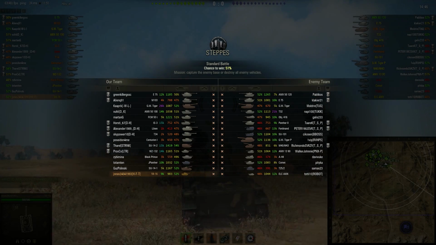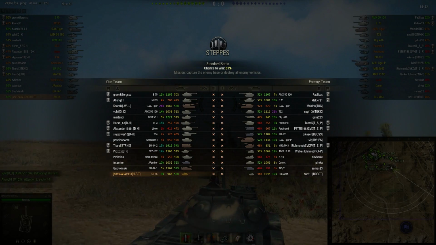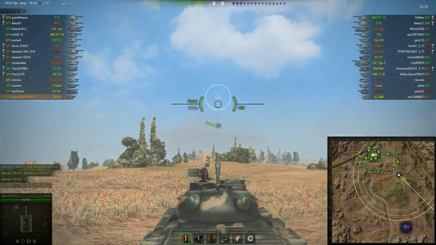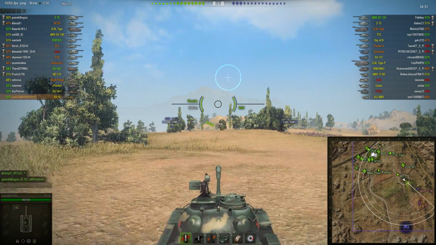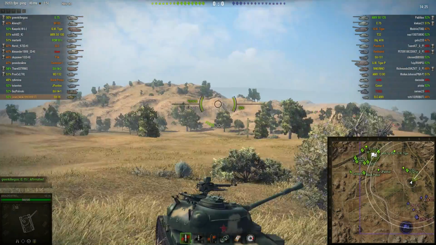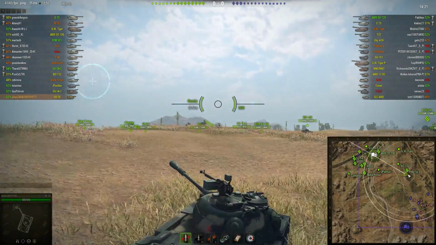Jonas24041993, and he's driving the 59-16 on a standard battle on the steppes. I think for ease's sake, we're just going to call him Jonas from now on, and the 59-16 is a tier 6 Chinese light tank, the one that gets that auto-loader cannon, although its cannon isn't particularly good as it is. This one is a tier 9 battle, so obviously Jonas is going to have to play the scouting role